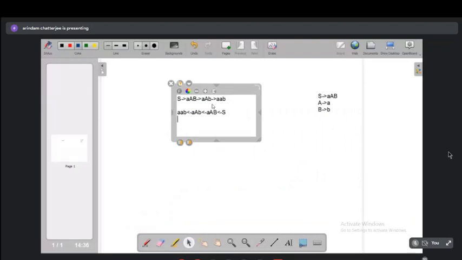Now, my point here is, why did you do this? You have a starting point here as small a, small b. You could have chosen this one as well. That is a perfectly valid reduction as well. But as I said, this is not going to let us go anywhere because there is no such rule as something which ends with capital A. Am I clear?